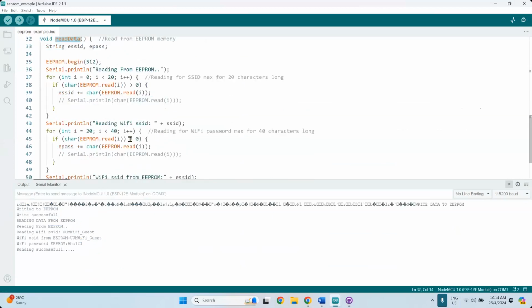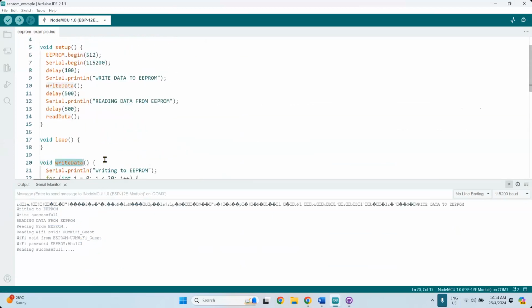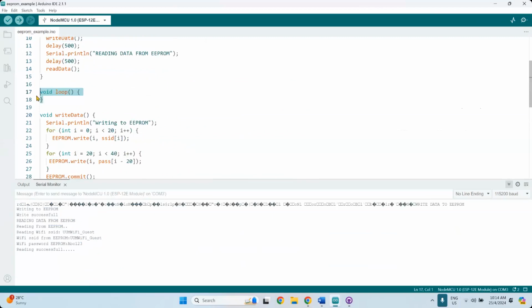So, the read data and write data functions. There's nothing inside the loop because I don't want to loop this operation. This is an expensive operation. Because when you write data into EEPROM, there's a cycle count that you cannot exceed, so you don't want to break that cycle. Even though the limit is like 100,000 cycles, if you write more than that, you will get memory corruption.